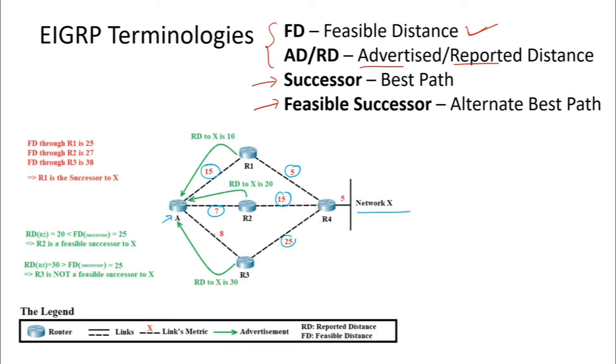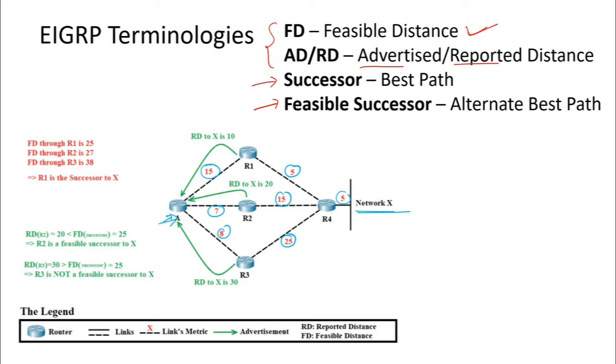We have it everywhere whenever we have some bandwidth. So based on the bandwidth, either 10 Mbps, 100 Mbps, or 50 Mbps, whatever the link bandwidth is, based on that we assign the cost. Not assign, in fact, that is calculated by default. There's a formula to calculate cost from bandwidth, right? You might be aware, because if you have listened to my videos, obviously you might be an expert in how cost and bandwidth are correlated with each other. So now what is going to happen? We have to reach the destination, network X, from router A, right?